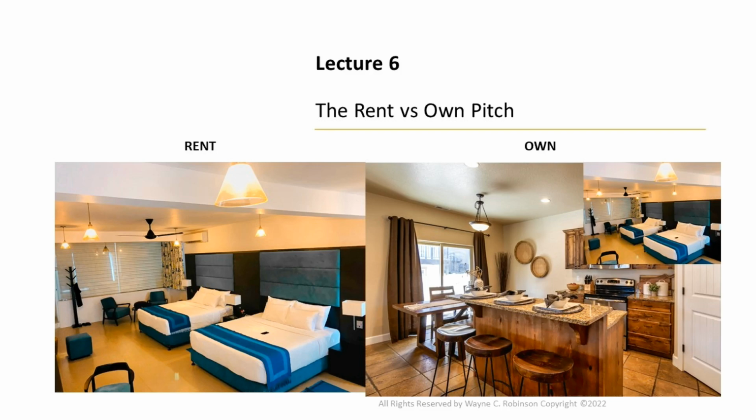Yes, I would love to spend more time with my family. Yes, I would like to travel to these places. Yes, it makes more sense to own than it is to rent. What they'll do is get commitments from you. Yes, it's better to own rather than rent. Yes, I would like to start vacationing. Yes, I'd like to go to these places. And the more yeses that you are giving them, the more power that they have over you,